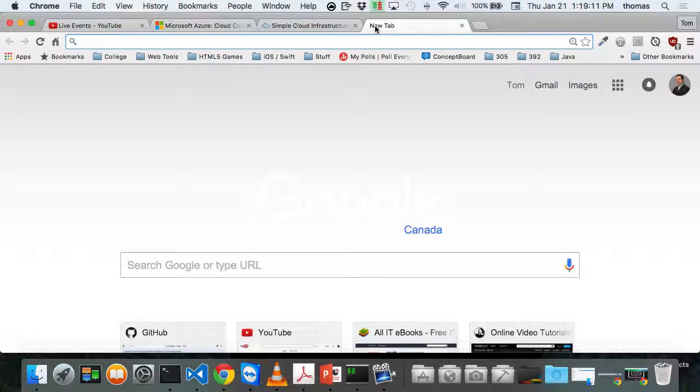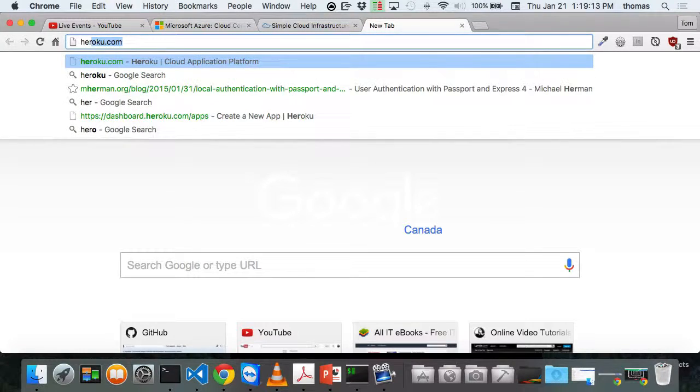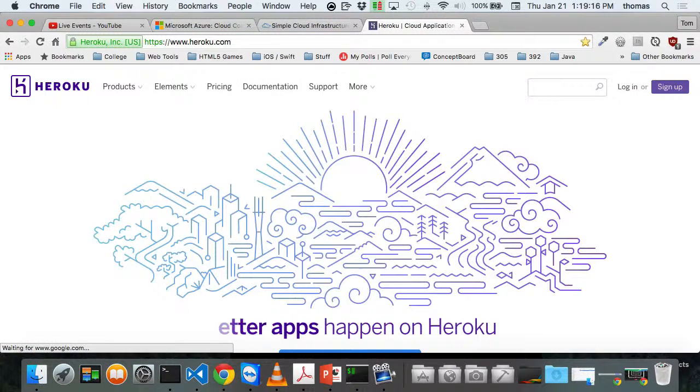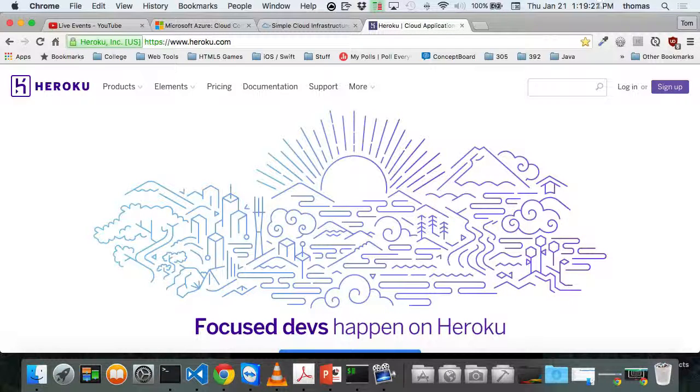And the other one for you guys that is relevant to our course is Heroku, right? Those are the three most popular ones we use when we do MEAN stack development right now. There are many others, and you can certainly choose any one of them. For this course, you can choose any cloud service provider as a target for the stuff that you're going to be producing for me. So it doesn't have to be Azure. You can choose Amazon. You can choose Google Cloud Platform. You can choose Heroku. You can choose whoever you like.